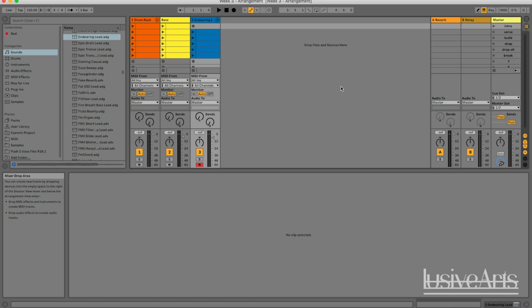So here we are in video 3 of the arrangement week 3. Now we're actually going to start looking at your own track, so make sure you have your own track open up in your project, and you should be looking at something like this. If you've done everything as planned according to the previous weeks, you should have your little drum beat here, which we made in the first week,